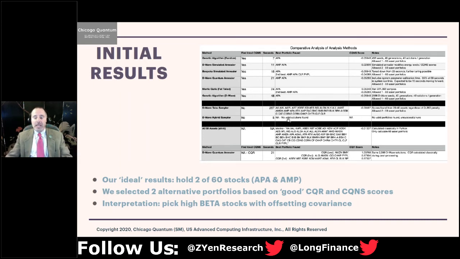We also realized that a high beta stock is much more likely to be selected because there's that chance of extra profit. So you take high beta stocks and you have them have basically an inverse or negative correlation. So the covariances kind of counter each other out. So I have a very low variance expected moving forward, but a very high beta. So if the market goes up, the stocks go up, but they move counter to each other. They zig when the other one zags. Now the models are giving us 4 or 5 stocks at a time, but it's good to know. Next slide, please.